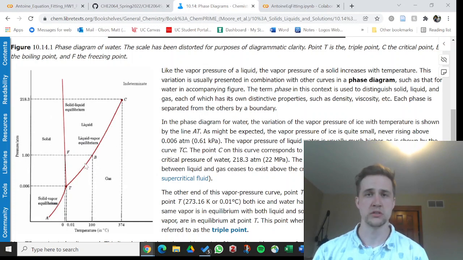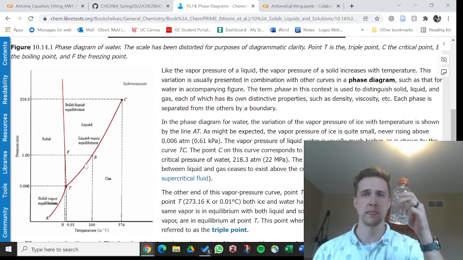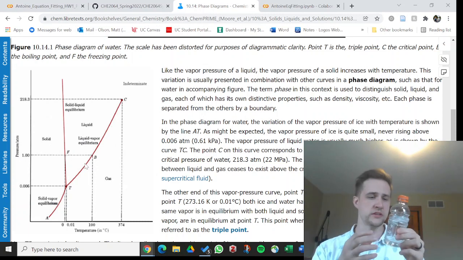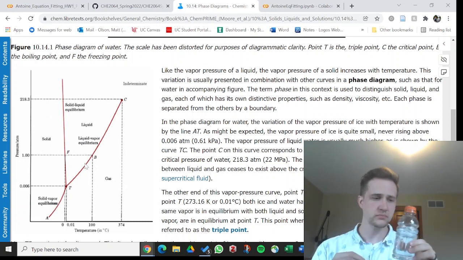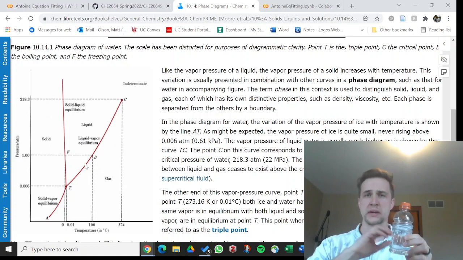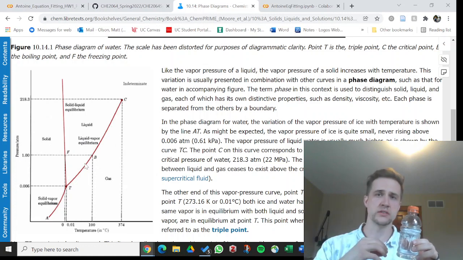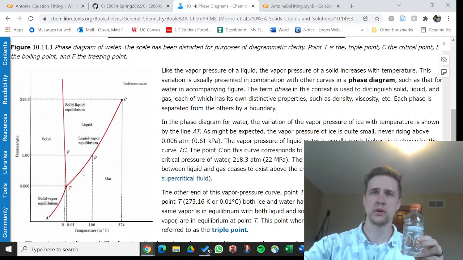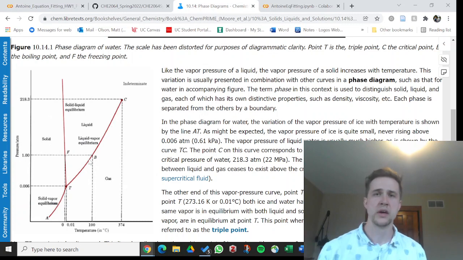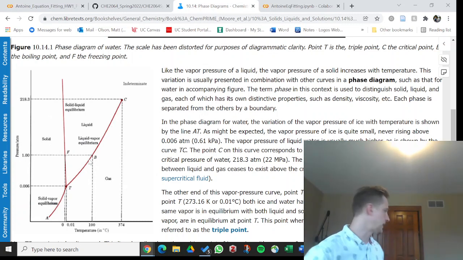That's what the Antoine equation helps us do. It tells us about the pressure, the partial pressure, because the pressure in this system is going to be the partial pressure that is coming from the water vapor. As the temperature changes, so does the partial pressure of the water. And so we want to be able to know the exact partial pressure at any point along this line of equilibrium. Let's go ahead and start